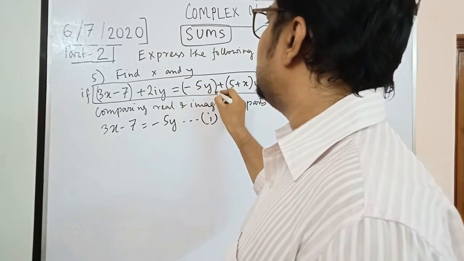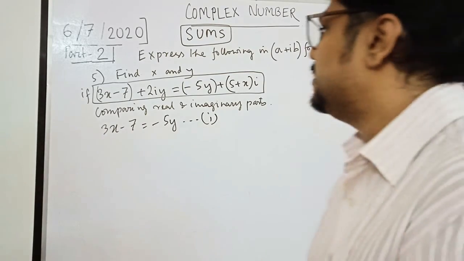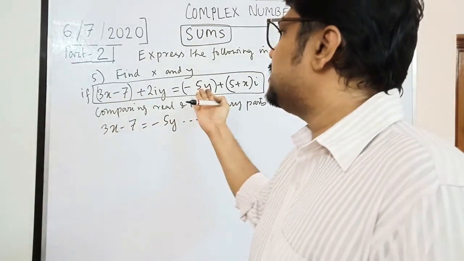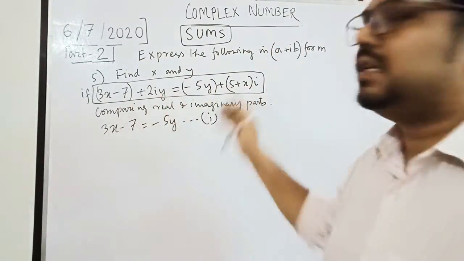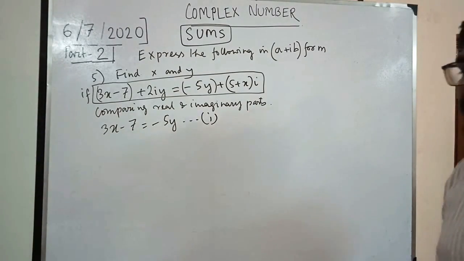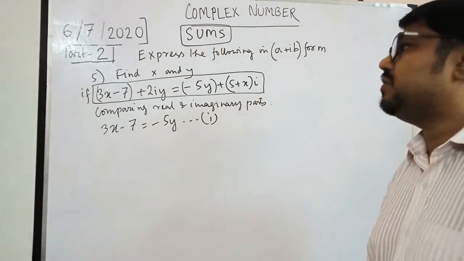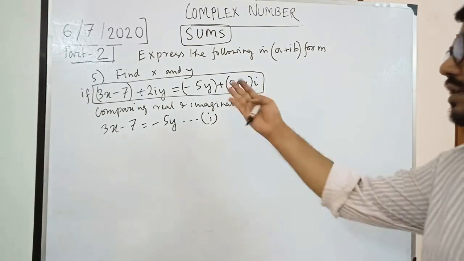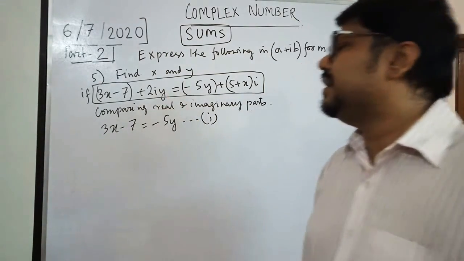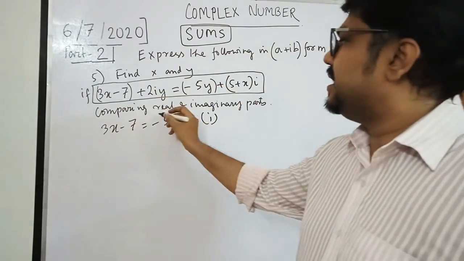So this part is real, you can see a plus ib. So a is compared from both sides. Has to be like that, because real parts cannot get mixed with the imaginary parts. So real and real will be same, imaginary and imaginary will be same. You cannot say that this is a mixture of x and y in one single equation. Because we know that to find out x and y variables we need at least 2 equations. But here the situation is completely different, we are actually dealing with complex numbers. So you can compare real parts.